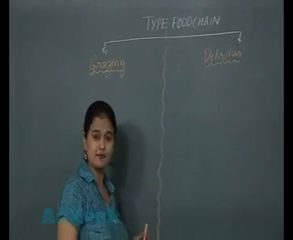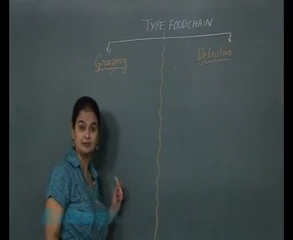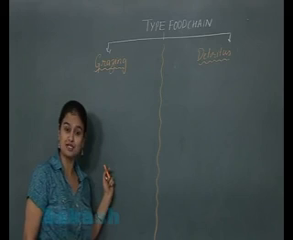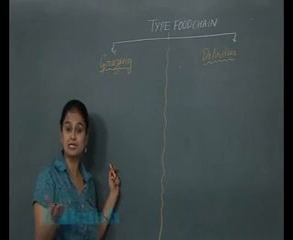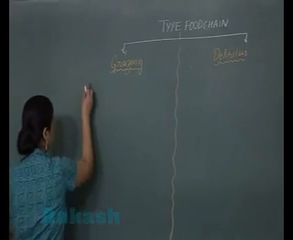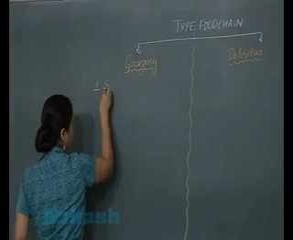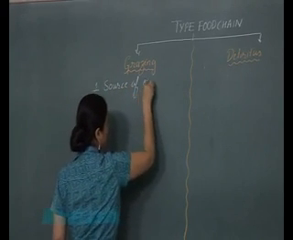Now in the grazing food chain, the source of energy is the sun. The grazing food chains are based upon the energy which is obtained from the sun. So the first point here, in the grazing food chain, the source of energy